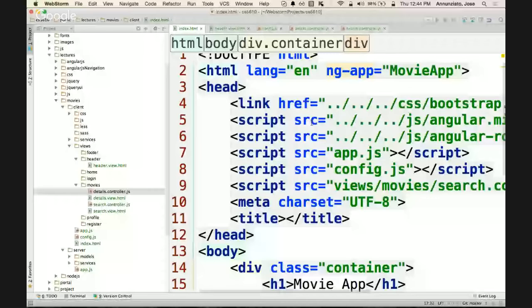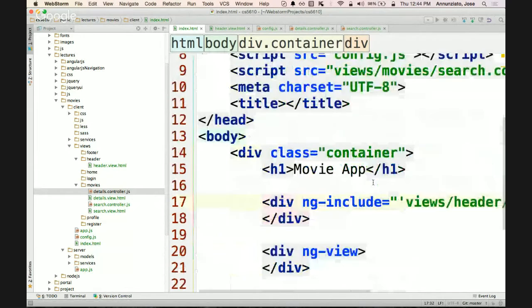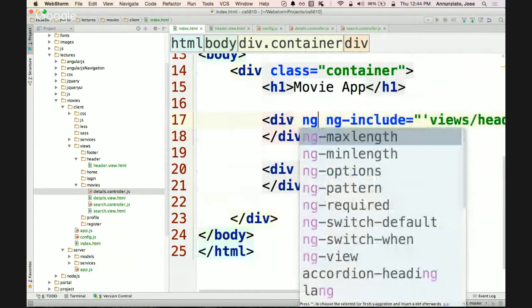Yes. Can we have one particular header for a few pages and another header for other pages? What you do is you can have different views, right, and choose which view you want for each one. You can either navigate away into another page that has a completely different set of headers, or you can have different headers and show one or the other depending on some logic. So for instance, you might say ng-if,